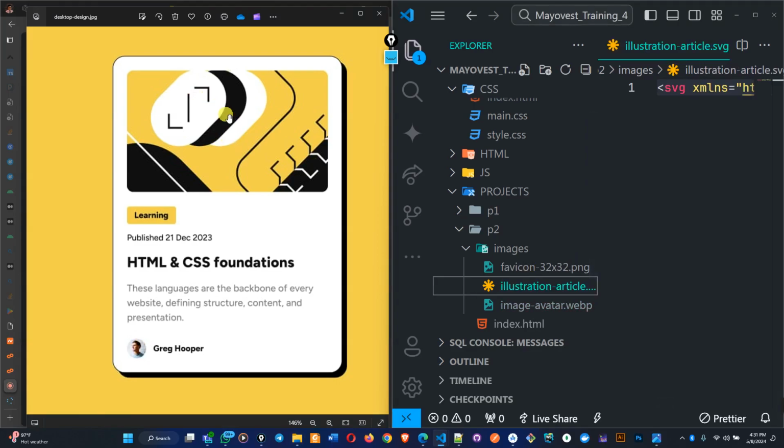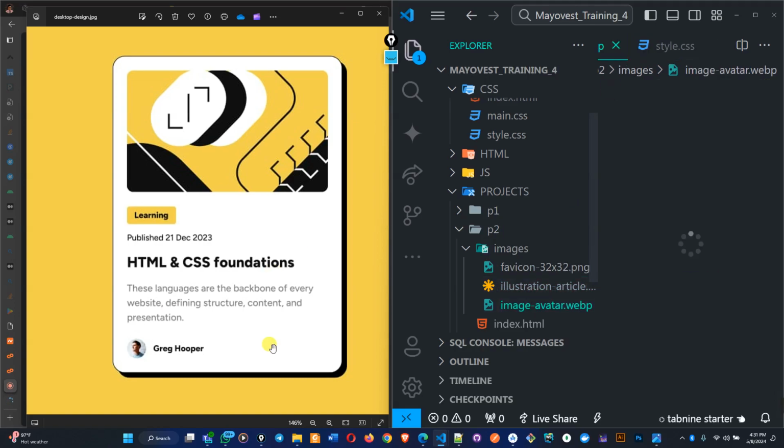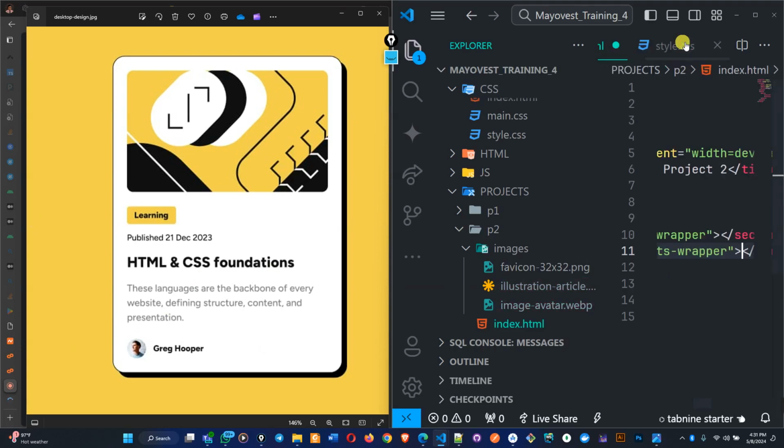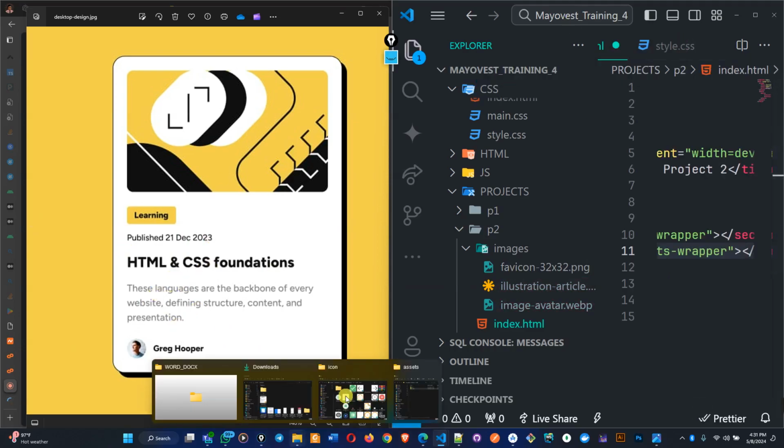So for every design that you're going to be working with, once you get the material there, your only job is to copy these images into your project folder, and you are going to have all the necessary images. You are not to go online to start looking for any of them. No, once you download the material from that site, you always have the complete assets that you need for the design, including the text that you are seeing on this page. All these texts, they are inside that